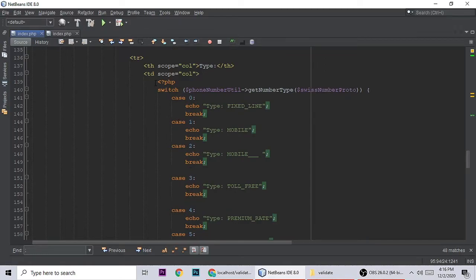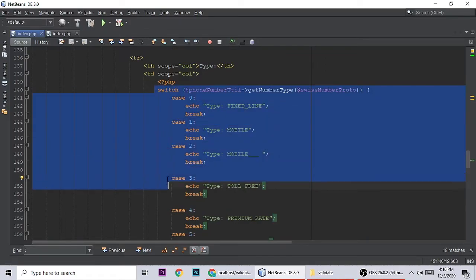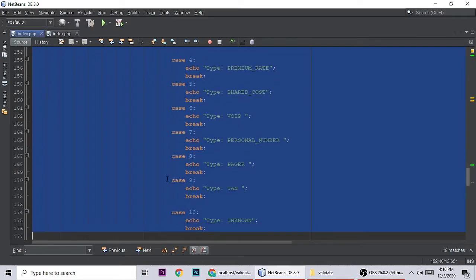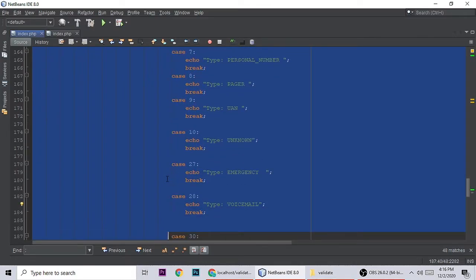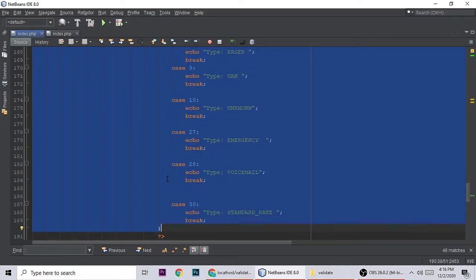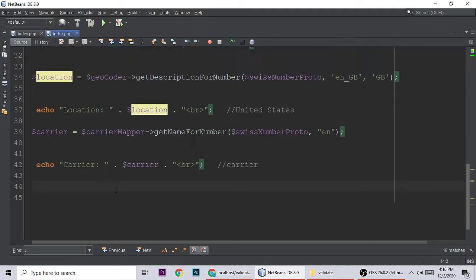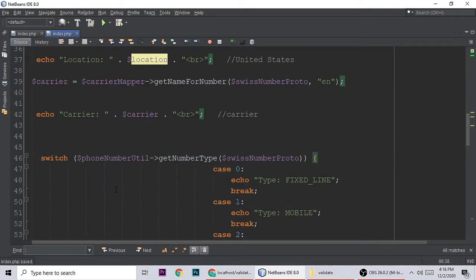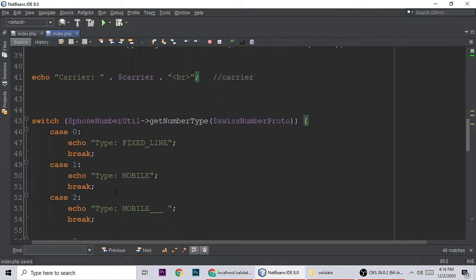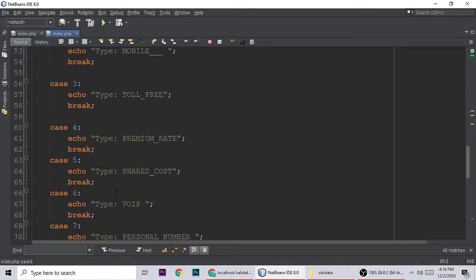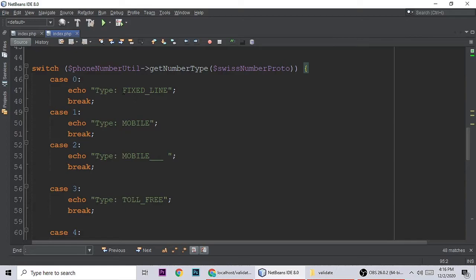Here are some tricks. Let's select and paste it here, so fixed line, mobile or fixed line.